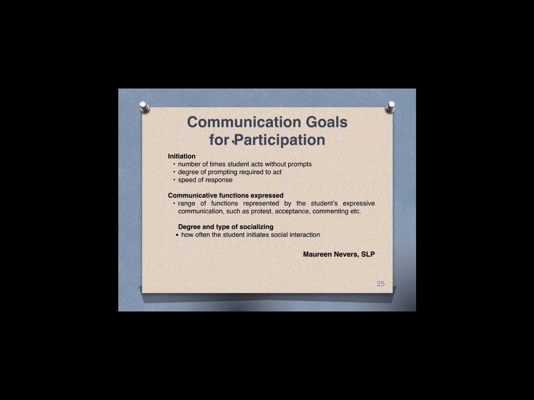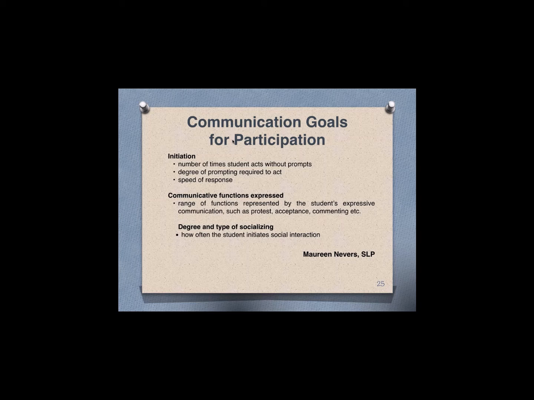And that can be open-ended. It doesn't have to be "initiate social interaction by going to chat with a peer and saying hi." I think that is exactly the kind of goal I'm actually trying to warn against. So we need to be thinking about all the different ways that kids are initiating social interaction, and not describing or defining them so narrowly that we're putting kids in boxes and